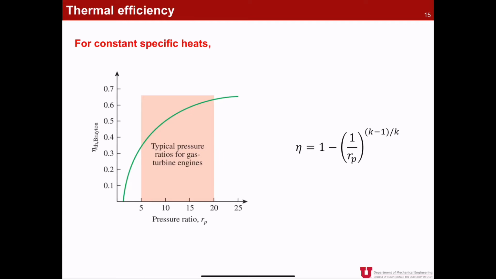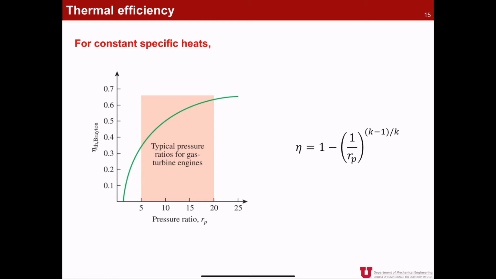In the previous example, we tried to calculate the temperatures and also pressure at all states. And using those properties, then we also calculated to investigate the net amount of work and back work ratio and thermal efficiency. So let's talk a little more about the thermal efficiency. Even though we kind of use all the values to calculate the thermal efficiency, we also can derive an equation